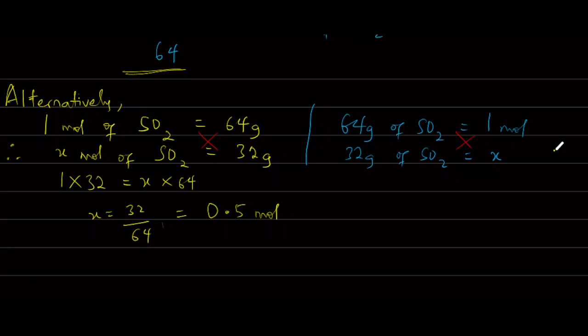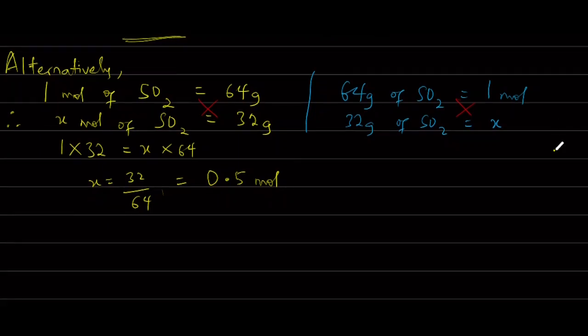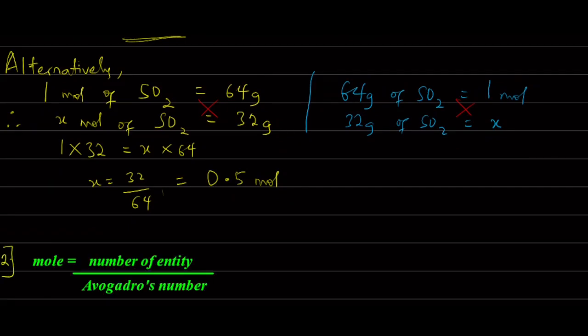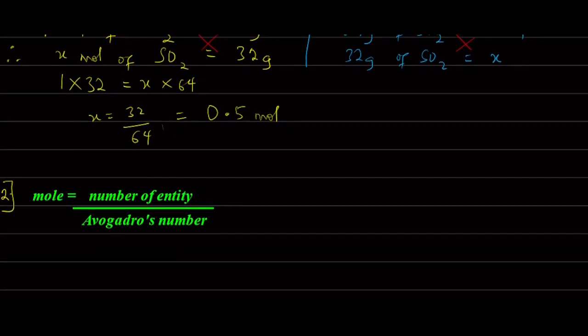So let's look at the second equation regarding the mole of a substance. The second equation that we have for mole of a substance is number of entity over Avogadro's number. So what's the symbol for mole? It is n equals number of entity. We said that's capital letter N. Then Avogadro's number is Na,